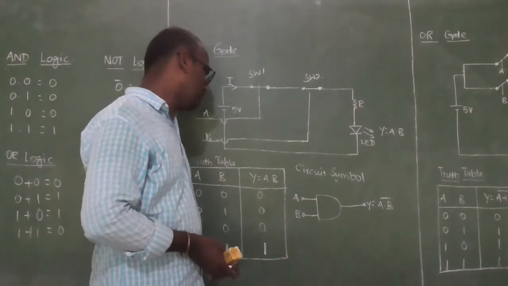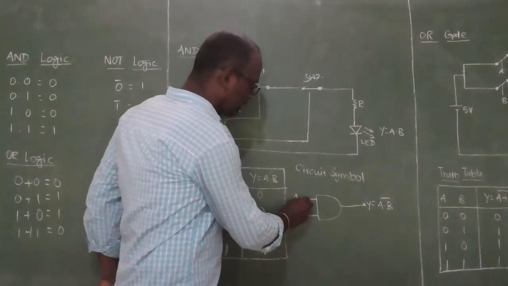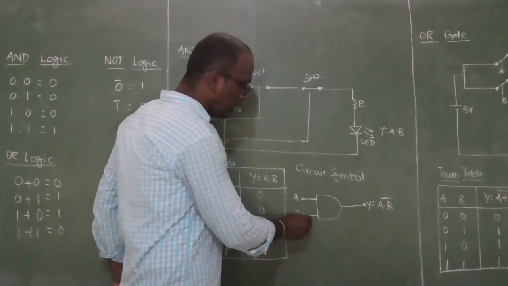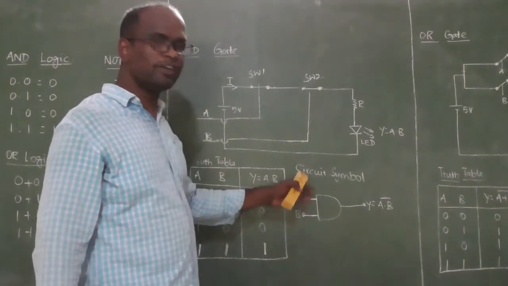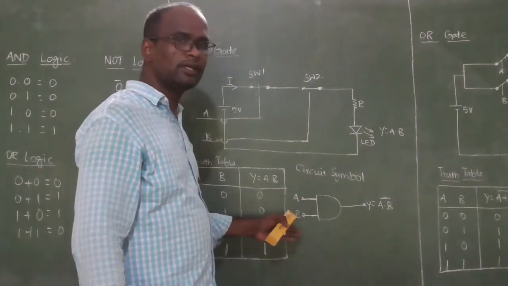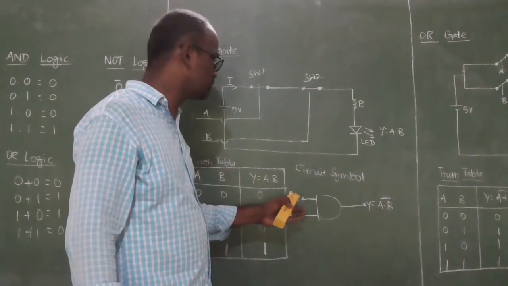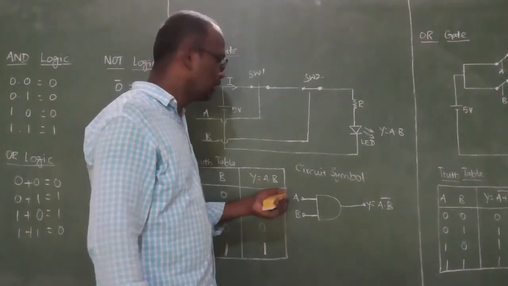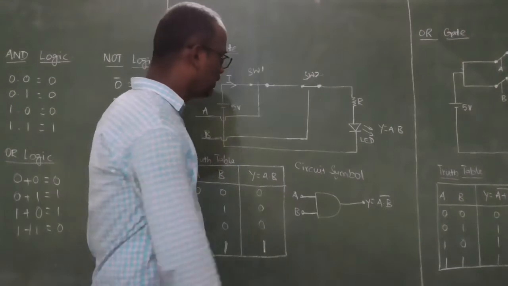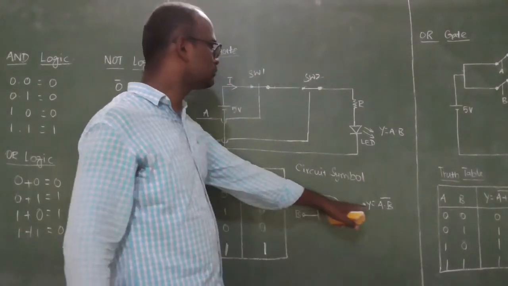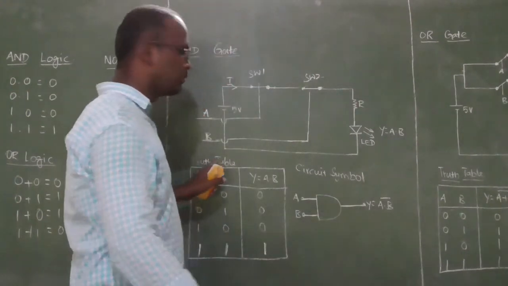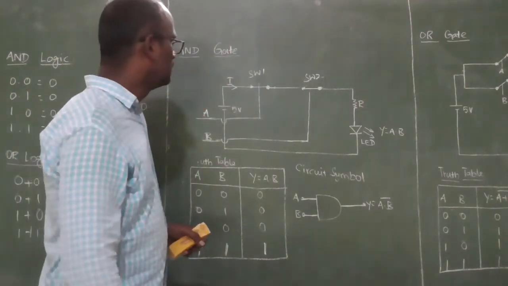Here we are mentioning the inputs A and B, the two inputs. We may include n number of inputs to an AND gate, but the most familiar structure of the AND gate, the logic gates, is two inputs and one output, which will produce the logical expression for the particular gate.